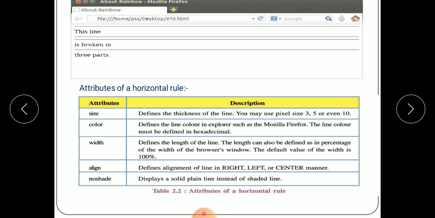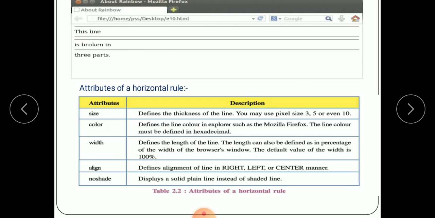So you must write your code in hexadecimal. The code of red color is FF0000. Then your output will be displayed in Mozilla Firefox.